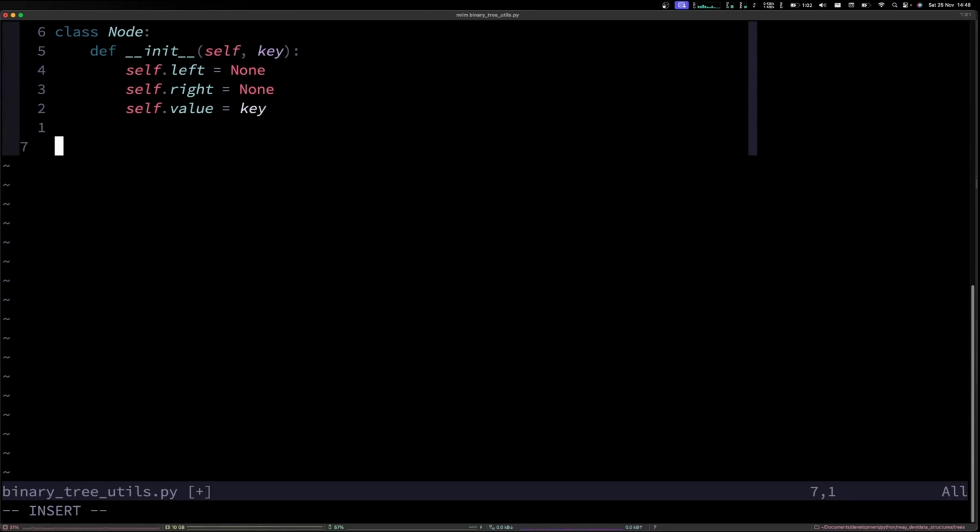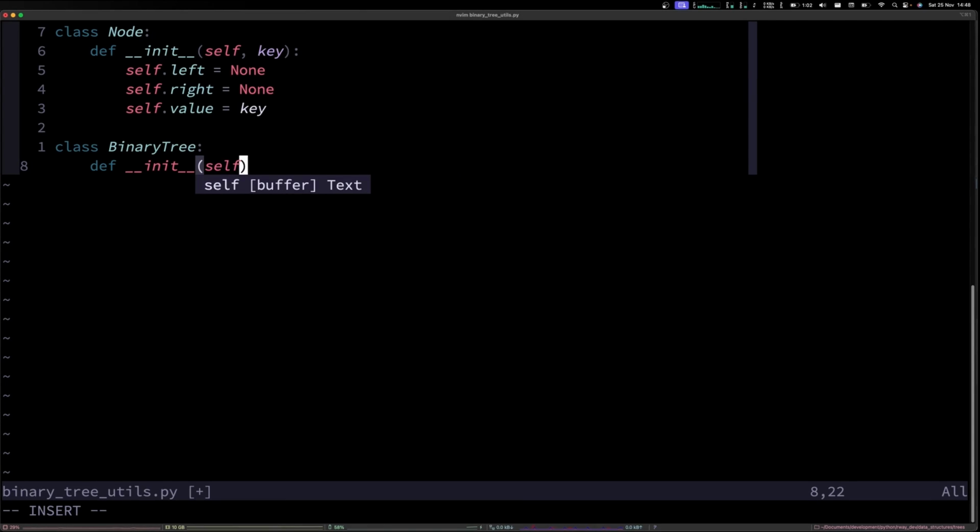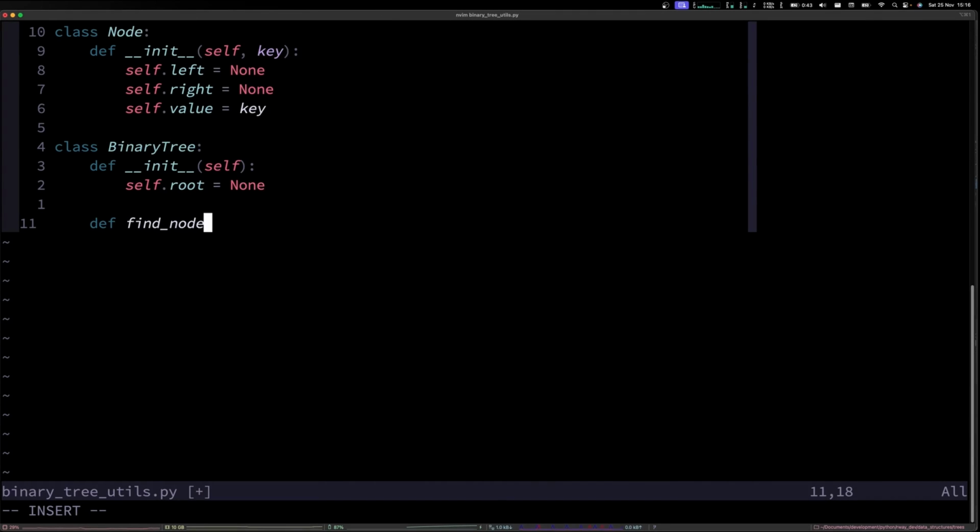We will implement now the class to create the tree. And in production, you will see a structure like this. Let's call it binary tree. Sorry, that's a class. We need a constructor as well. So initially, the root is going to be equal to none. So we're going to start by defining a findNode method. I call it findNode. We need to attach it to the class by specifying self. We're going to pass in the node we're trying to find and the value. Let's keep it consistent